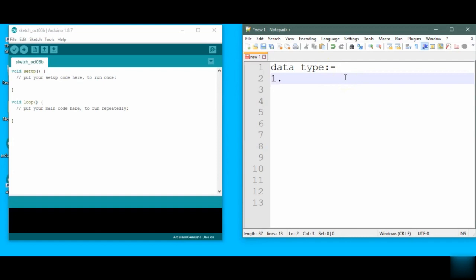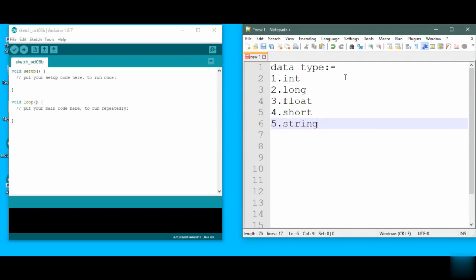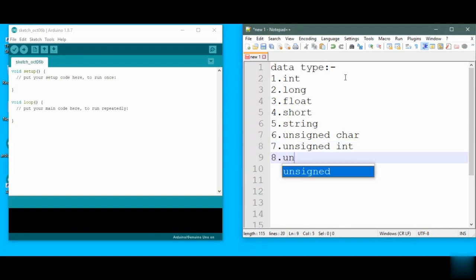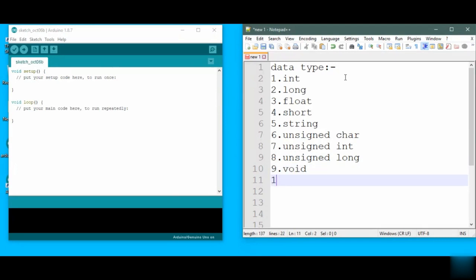First of all we have int, second we have long, then float, after that we have short, then we have string, and then unsigned char, after that we have unsigned int, after that we have unsigned long, then we have void, after that we have word, followed by